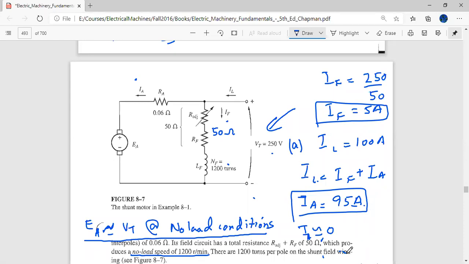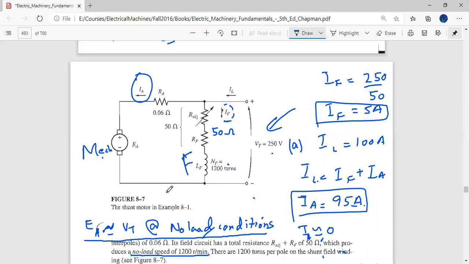If you are not making it do any work in the motor, it will just take a very minimal amount of supply just to formulate the field. Okay, just to formulate the field part. It will only draw some IF when there is a no load condition, and IA will then be close to 0. And when you attach the mechanical load on the machine, then it begins to draw the IA, and this IL would also increase in proportion to that.